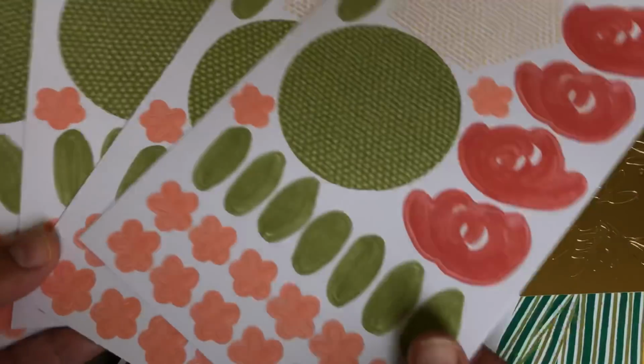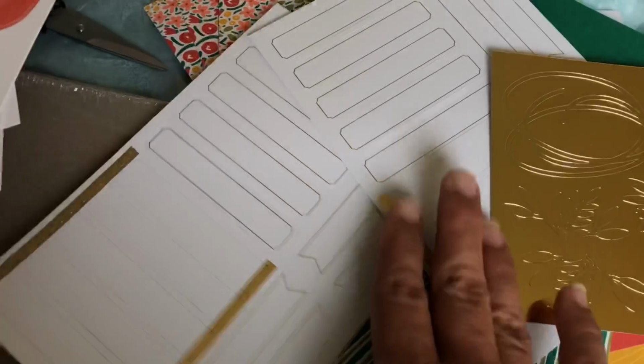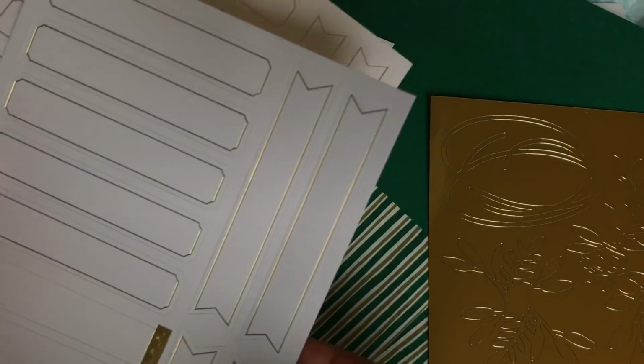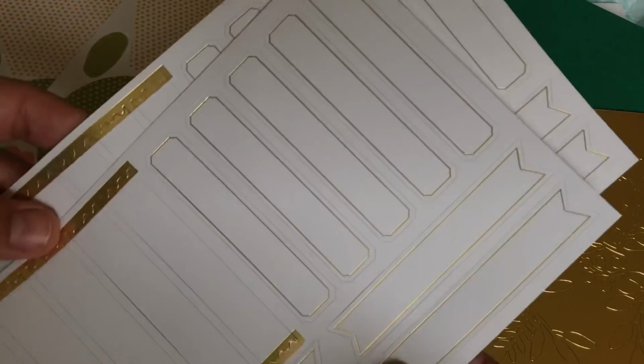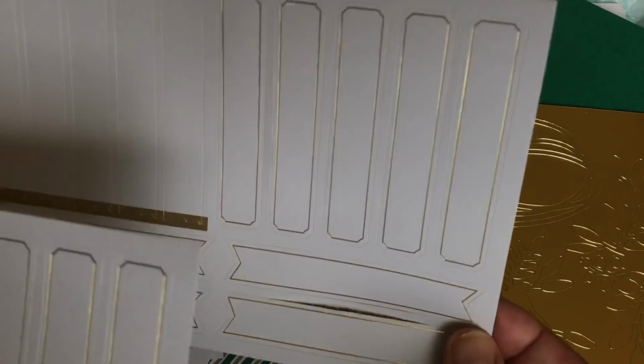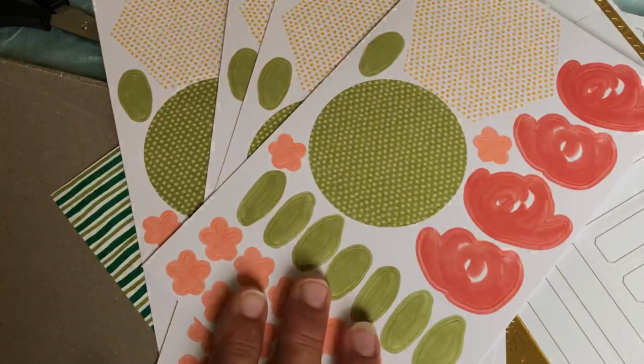Okay, so these are just all the little things you saw me use. And now at this point, I wanted to show you that little technique of coloring. Oh, and you get all these too. Before I show you how to make the box, we'll just color a couple flowers. See, these are the little ones I stamped on. And these were just the white with gold outlines, and then I used some from a Notes of Kindness card